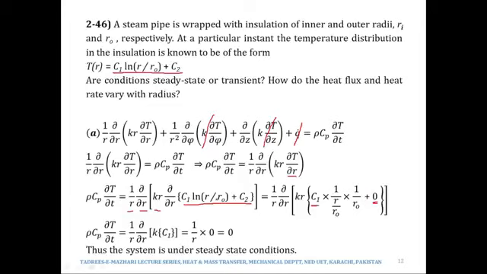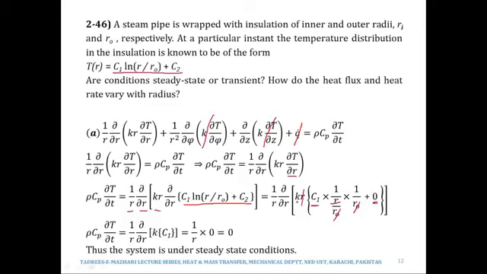So when we differentiate x over 5 with respect to x, the differential of x is 1, and we get the coefficient of 1 over 5. Therefore the differential of r over r naught with respect to r would be 1 over r naught. What will happen now is that r naught will get cancelled out and r will also get cancelled out. So we will be left with 1 over r